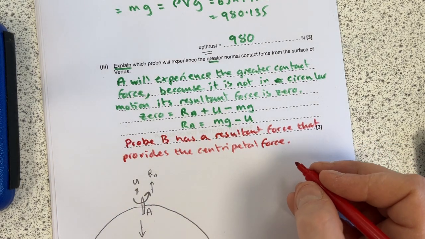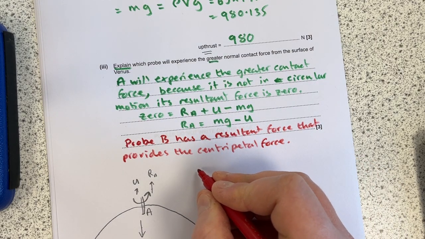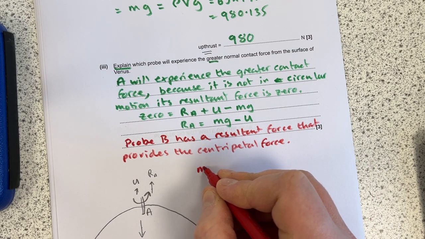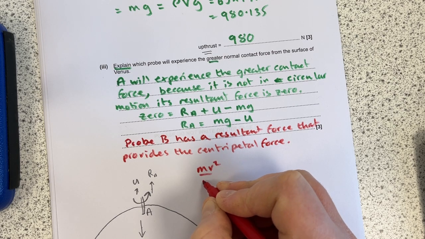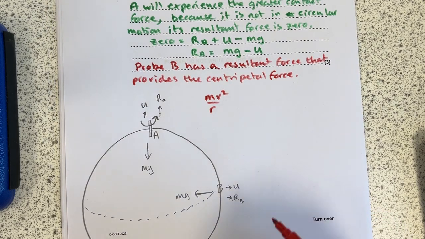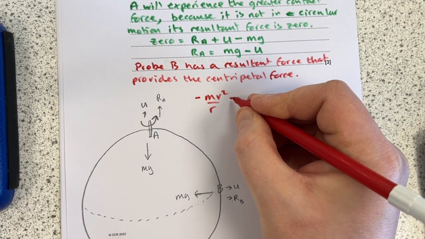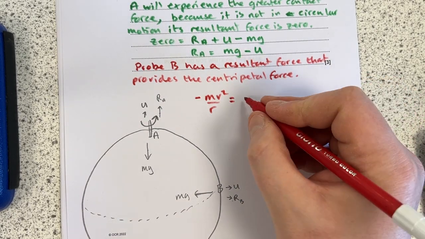So that means when I do the same maths here, it won't start with 0, it will start with mv squared over r, which is our centripetal force equation. In the diagram, I'm going to strictly go left is negative, right is positive. So that'll be minus, and that will be equal to